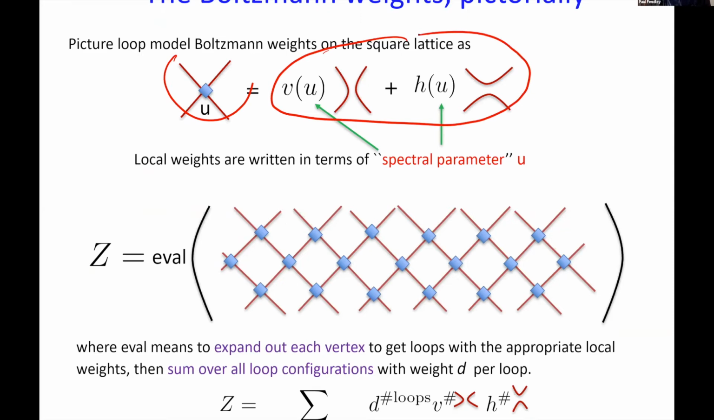And to parameterize these local weights, since there's only two of them, overall parameters don't matter. There's really only one parameter for these two. And I'm going to call that the spectral parameter, for non-obvious reasons so far. It's called the spectral parameter u. And then to get the same picture of that we get in the category